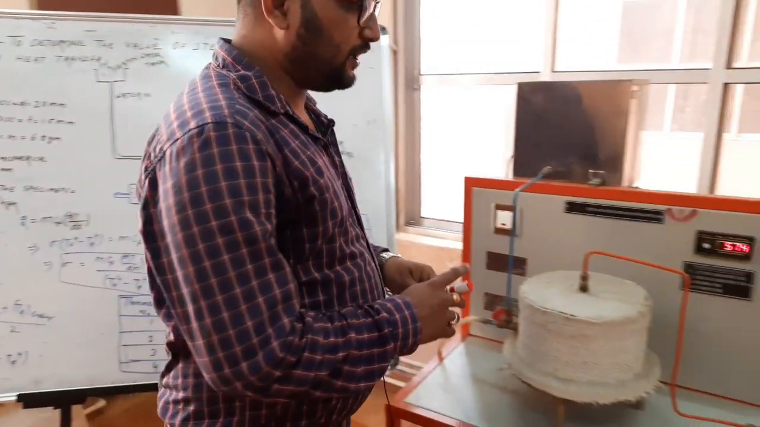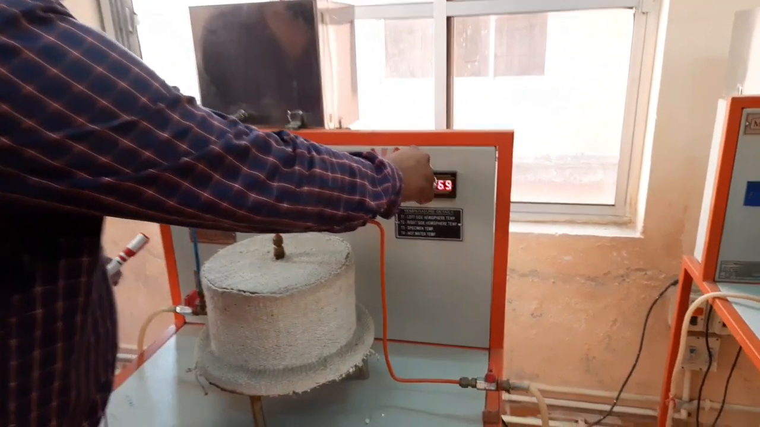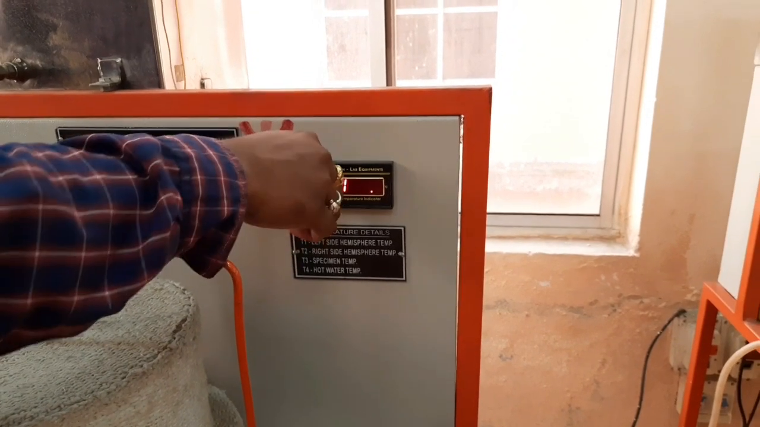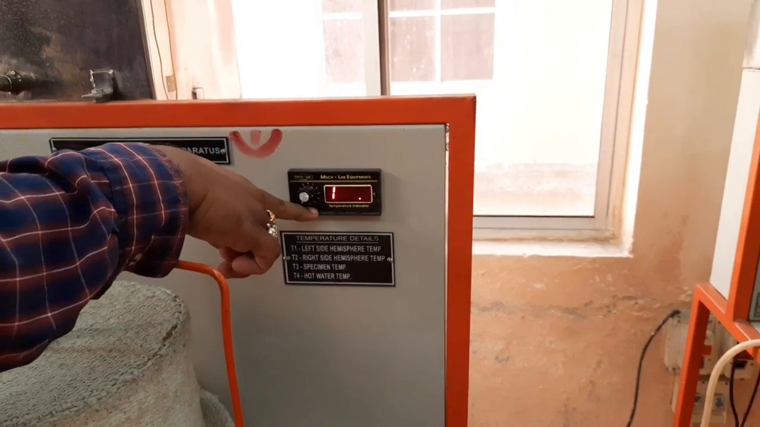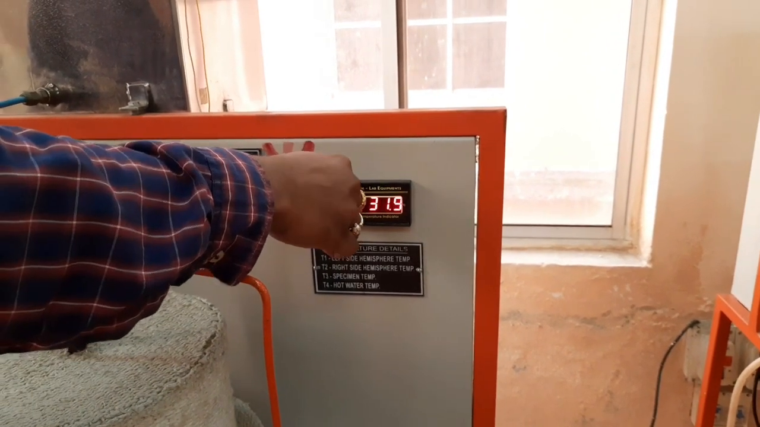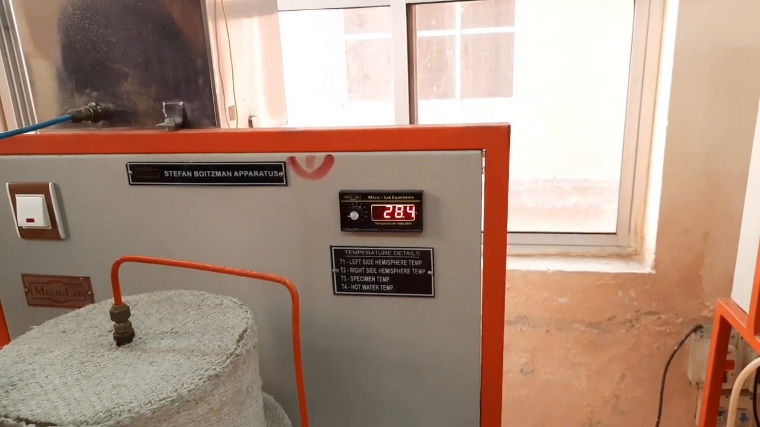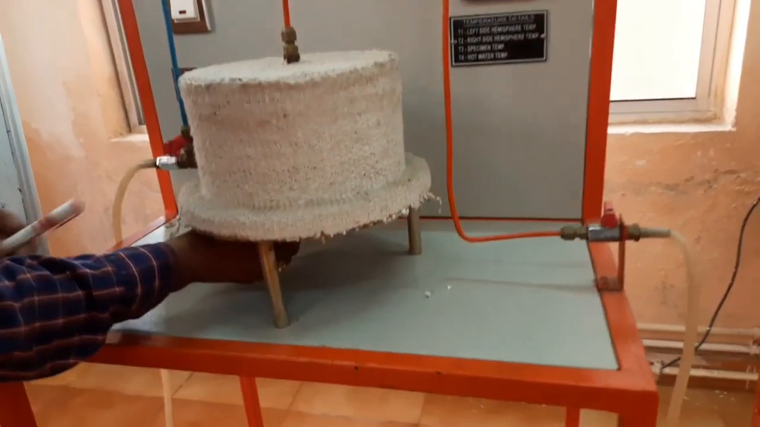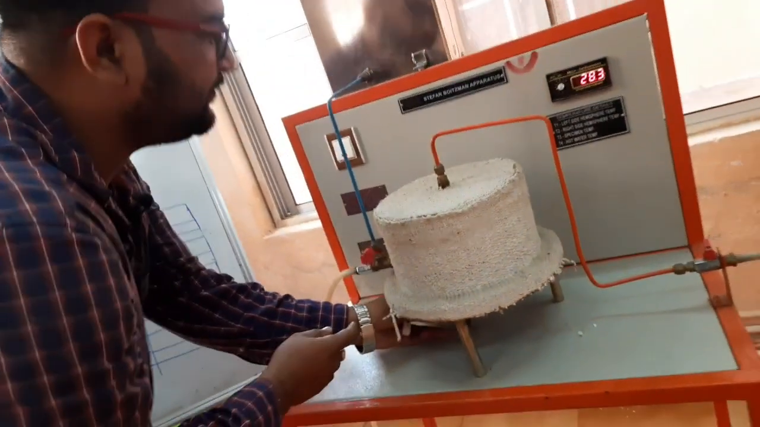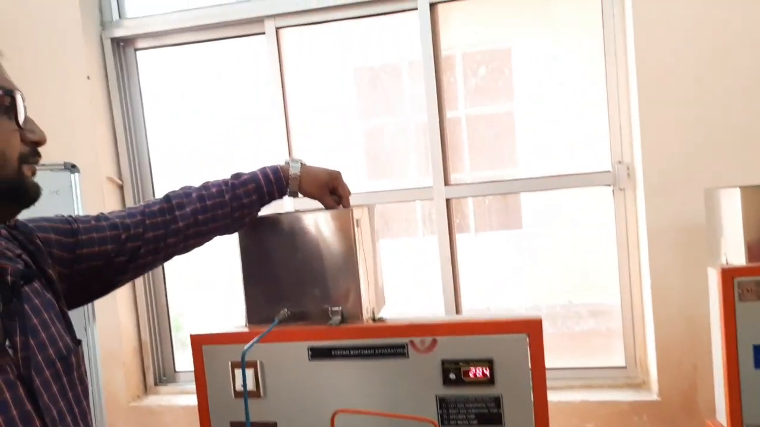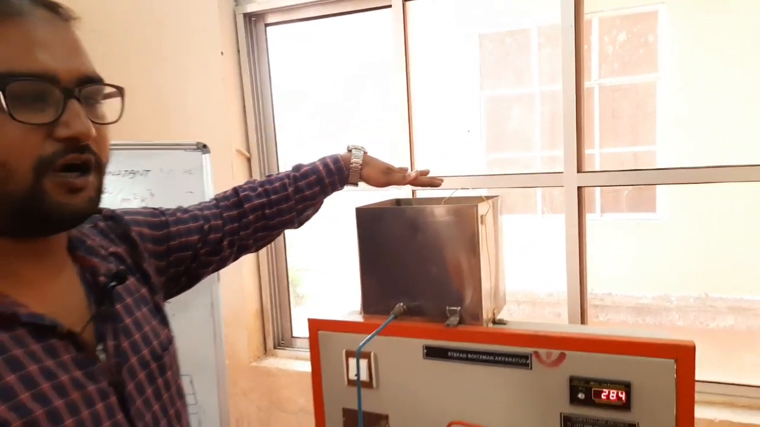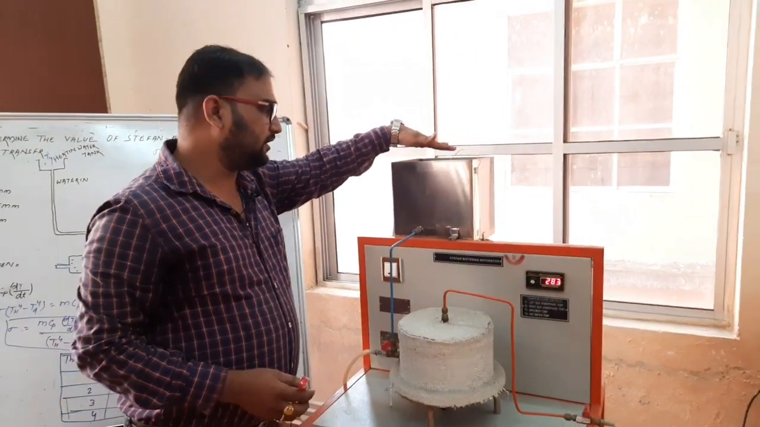These are going to be represented by this temperature indicator. At position 1 it will show the temperature T1, at point 2 it will show T2, and at point 3 it will show T3, that is the specimen temperature, meaning this thermocouple shows T3. T4 means this thermocouple, which represents the temperature of the heating chamber or the heated